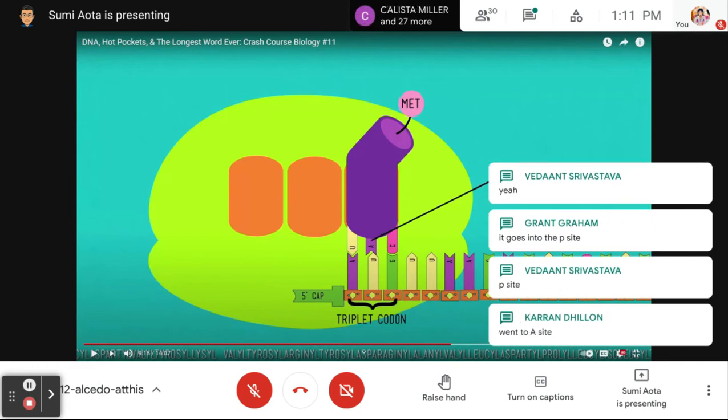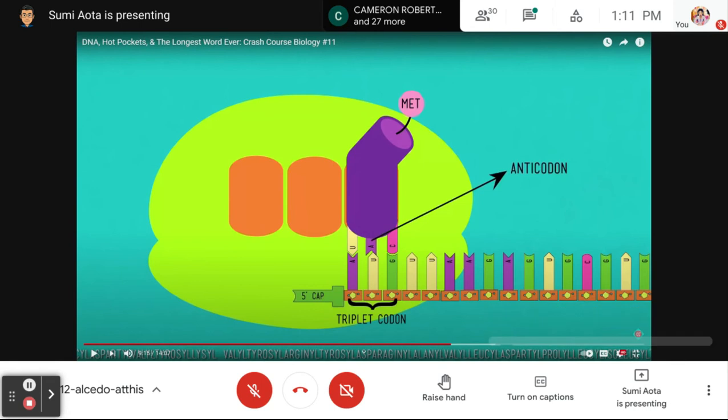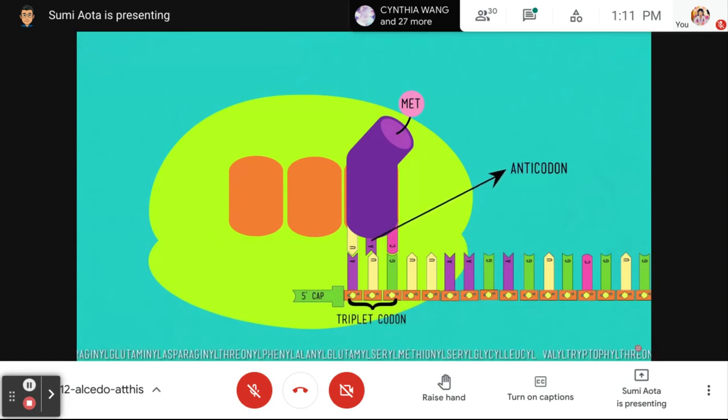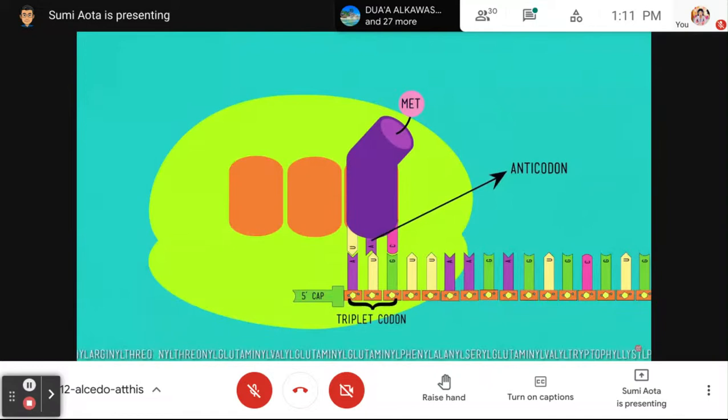Yeah, so this methionine is actually in the wrong site. It should really be here in the P site instead of being in the A site. That's called the anticodon. Sorry for all the terminology. You need to know it! And of course, by bringing in the matching tRNA, the ribosome is also bringing in whatever amino acid is on